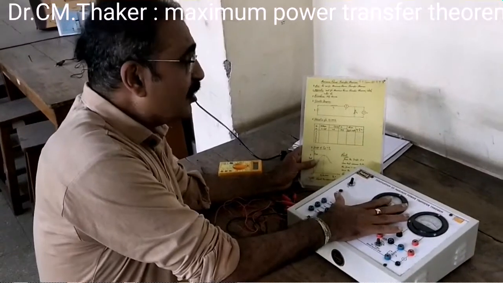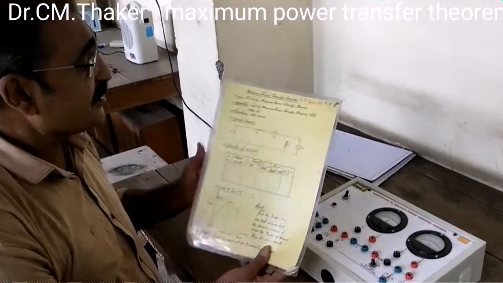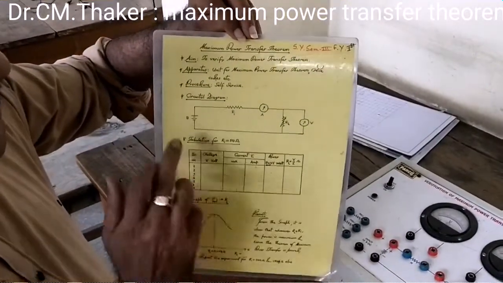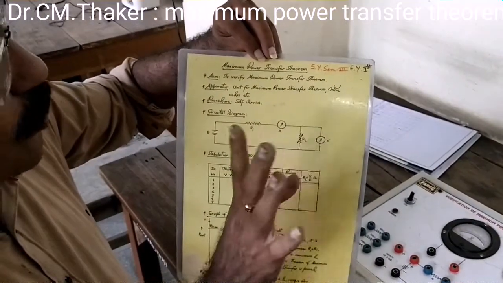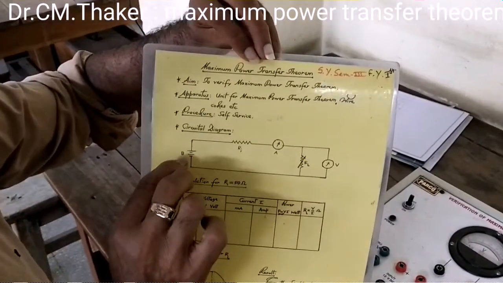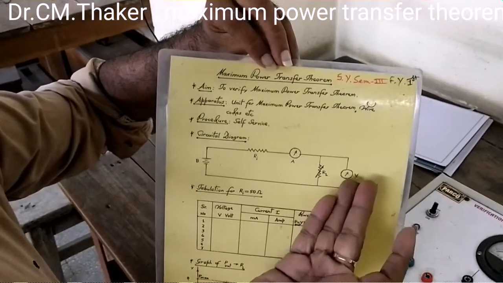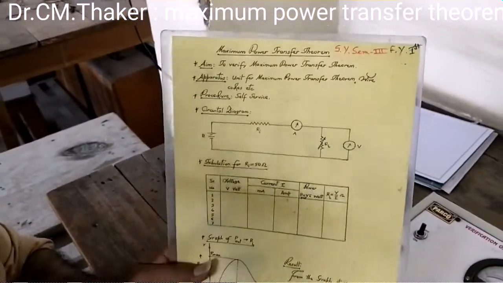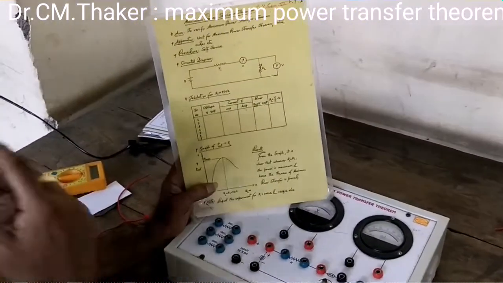This is the maximum power transfer theorem kit, and this is the chart. Maximum power transfer theorem is a very easy circuit: only one simple power supply, one resistance and one load resistance connected. Obviously you have the power supply and resistance, you vary the voltage, so you need to measure voltage as well as current. So we have 2 meters, 2 resistances, 1 supply.